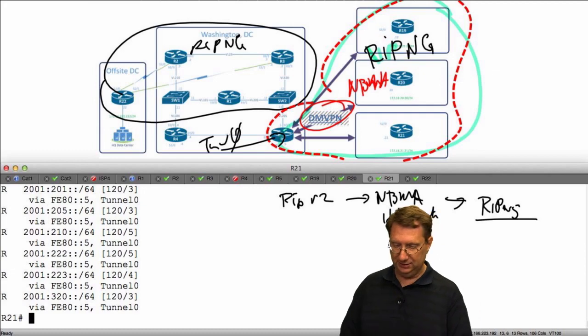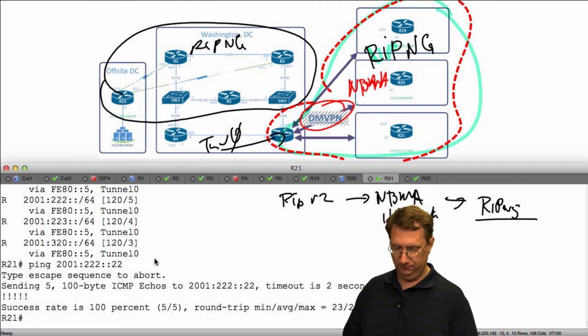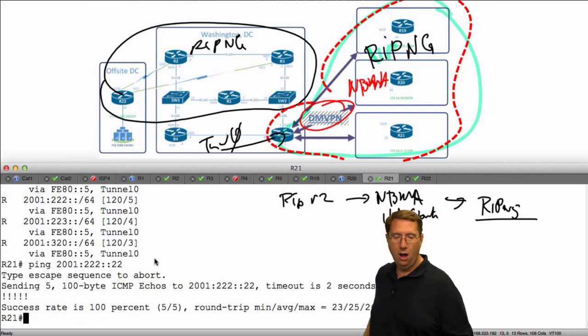So let's just test this. Ping 2001:22:22:22. Actually, that's not going to be right. It'll be 222::22. And yes, I can reach it. So from